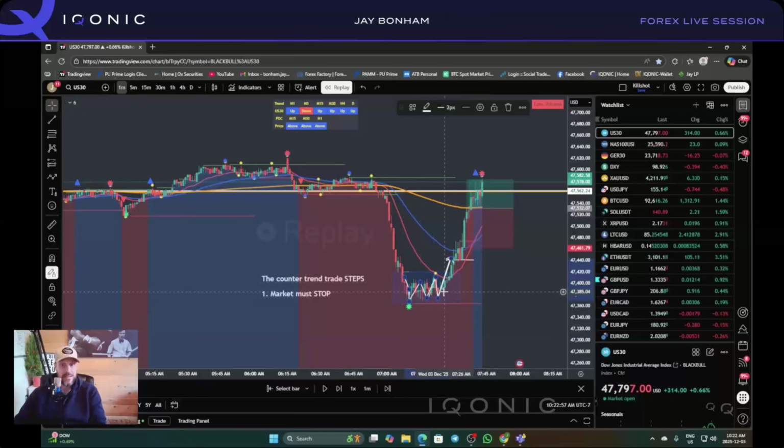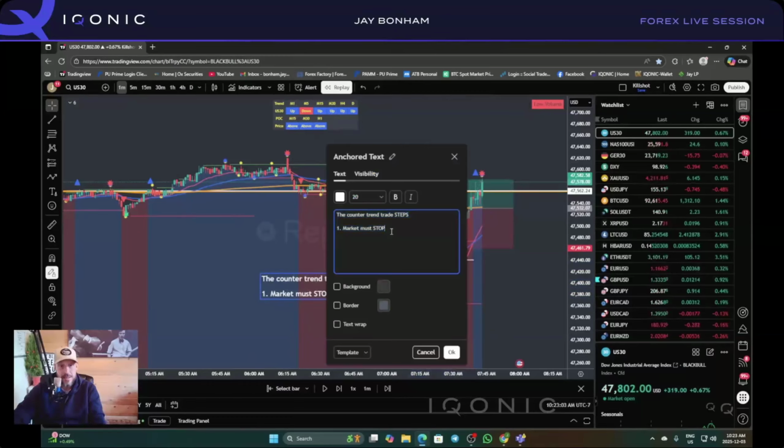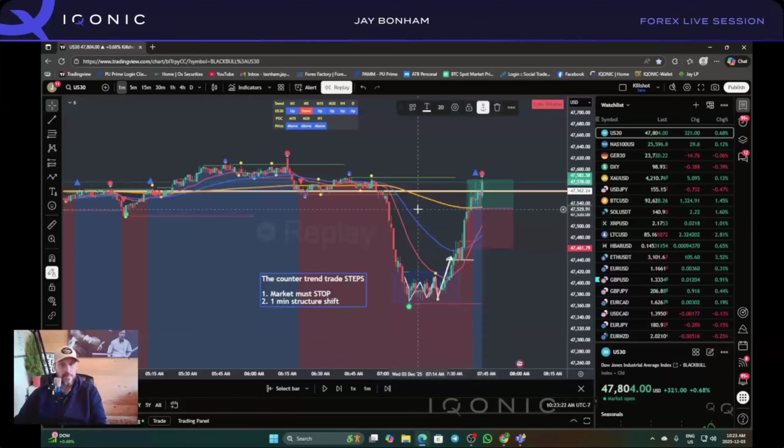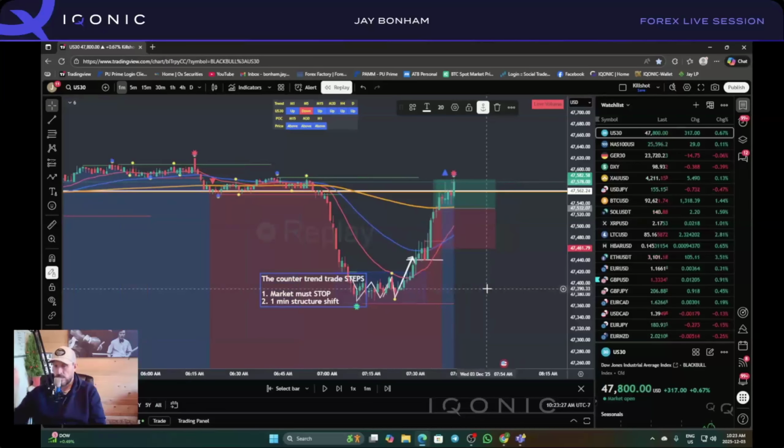So first thing we want to see is the market must stop. Okay. Second thing is 1 minute structure shift. Okay. One minute structure shift. That means you see it start to create higher highs and higher lows, right? Higher highs, higher lows. That means your structure is moving up, right? Lower lows, lower highs. That means your structure is going down,